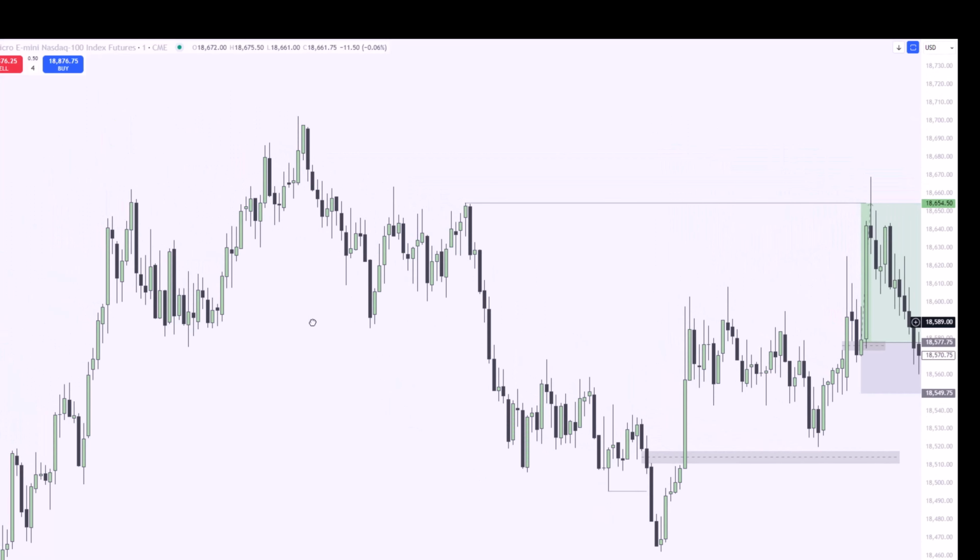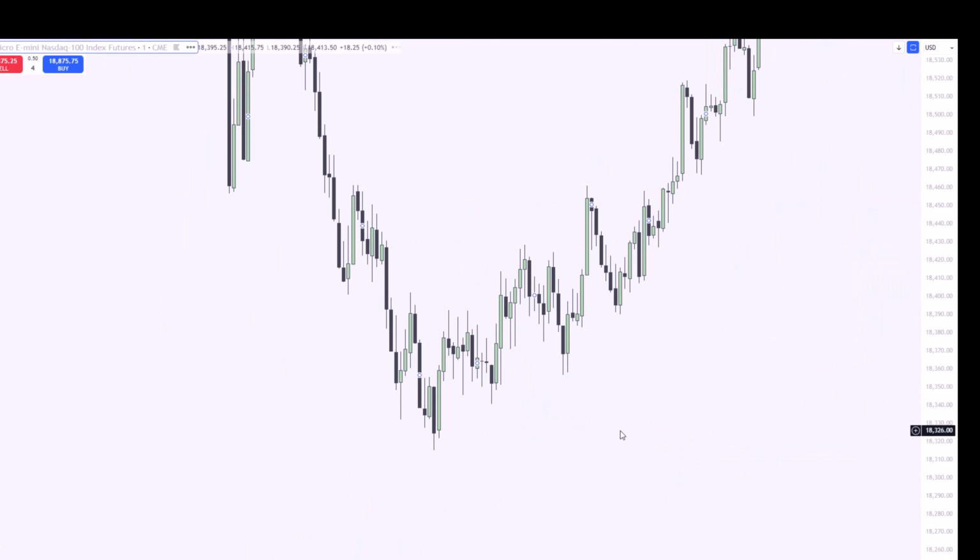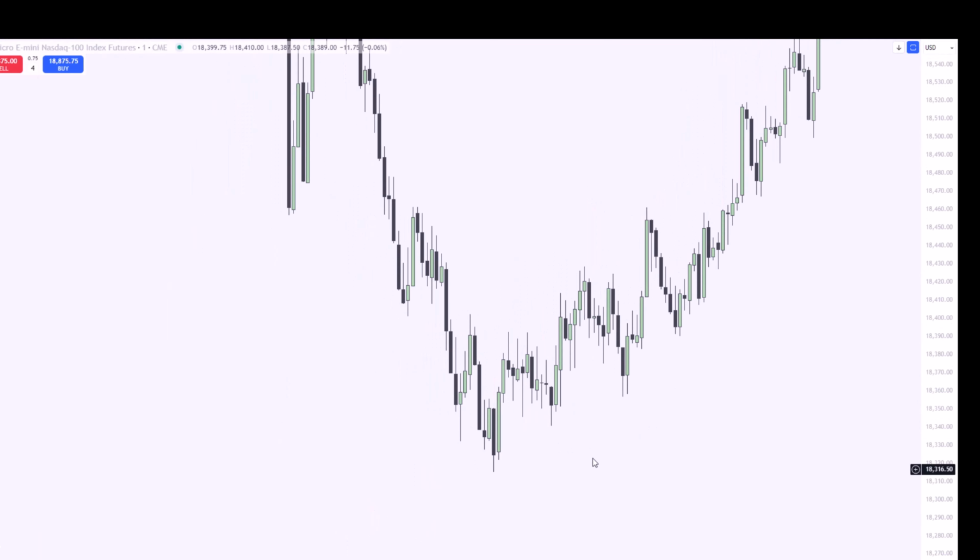Okay, let's find one more, and then we are closing the video. So here you can see the same thing occurring. We're going down, taking this short-term low with a CB. Then we return back to it, trade out of it, return one more time. And even though we close below it here,